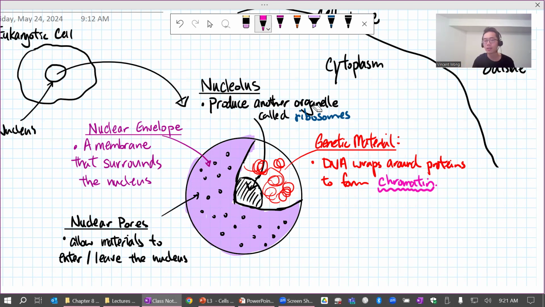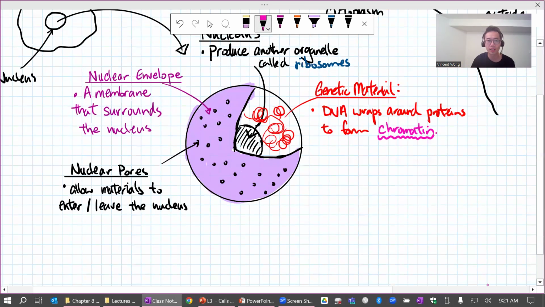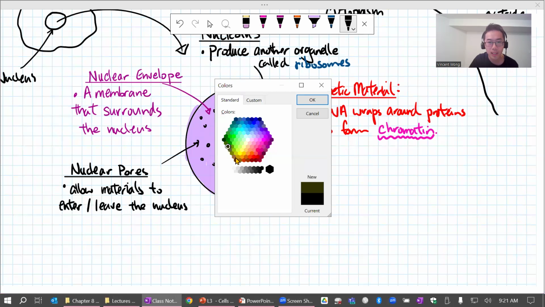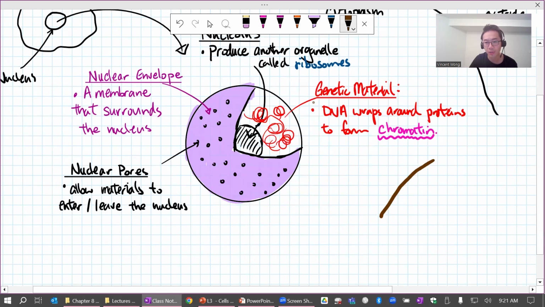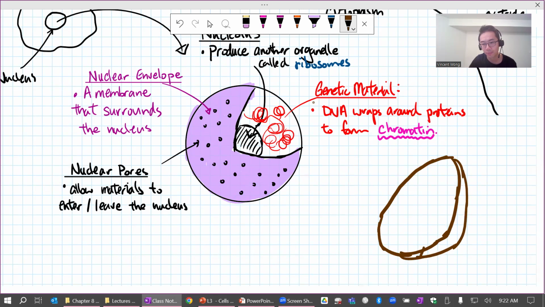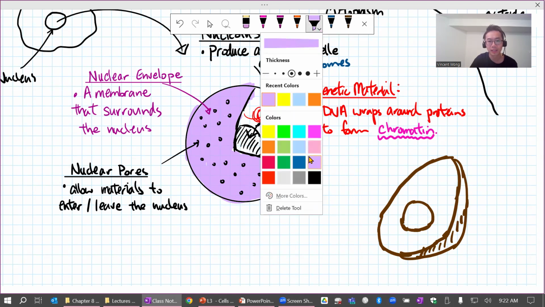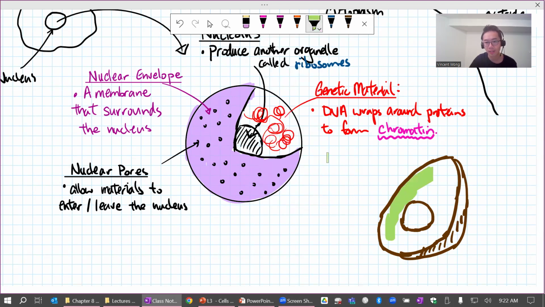So let me give you a quick analogy to help you understand. You don't have to draw this next part. You can just watch me do it, I suppose. If you're confused, a good way to see this is to think of an avocado. So here is an avocado. You cut it open. And then in the middle of the avocado, you have a seed, right? And then here you're going to have the meat. So in this analogy,